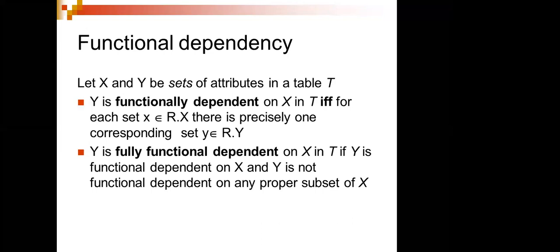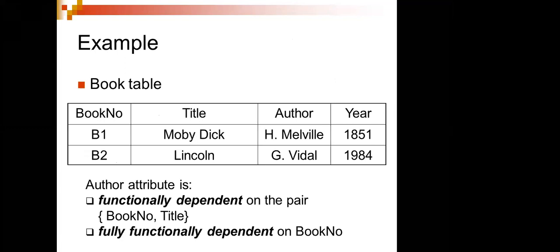So like this we have been talking about functional dependency. Here you can see the example. How will I write it? Here the entity is what? The table is an entity, right? What table is it? The book table. So there is something called the book table. In the book table we have book number, title.